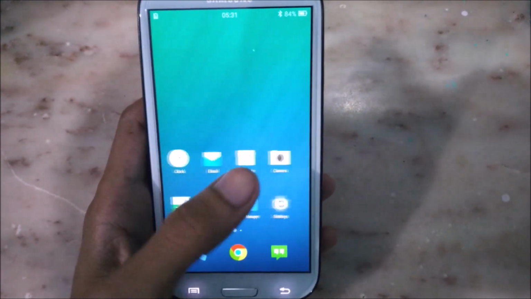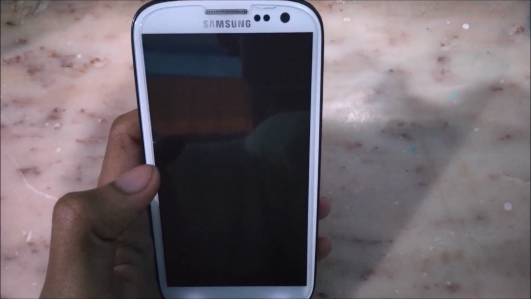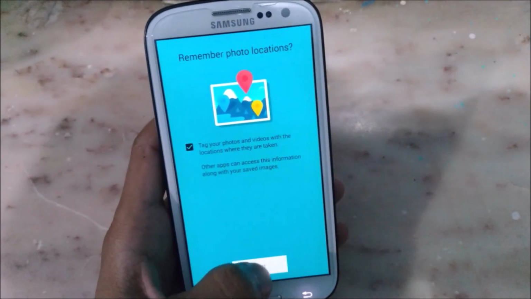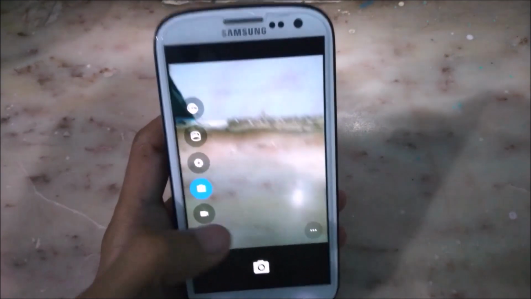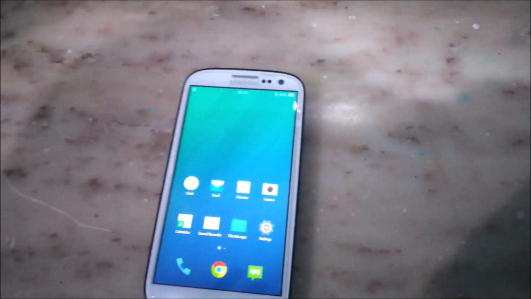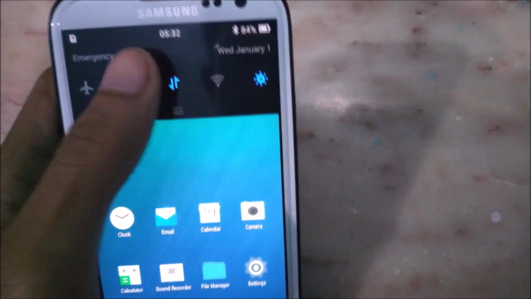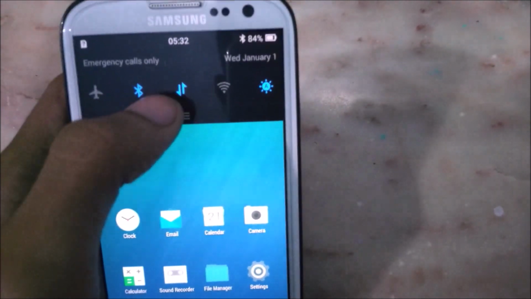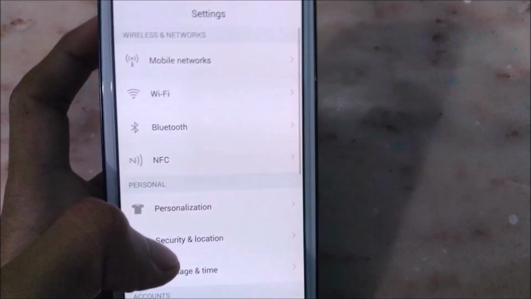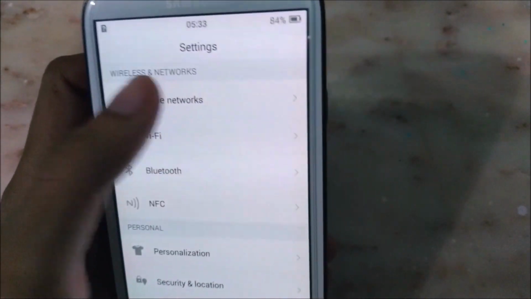So the camera is working, as you can see. Wait. So there it is, the camera is working. And now let's jump into settings. Bluetooth, turn off Bluetooth. Now jump into settings, and here you can see there's lots of options: mobile networks, Wi-Fi,